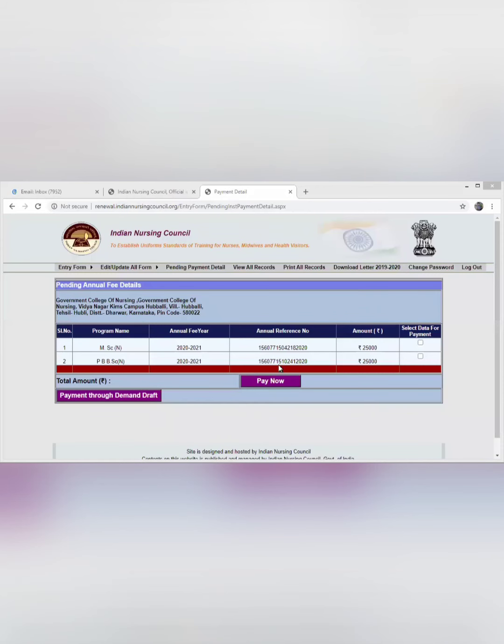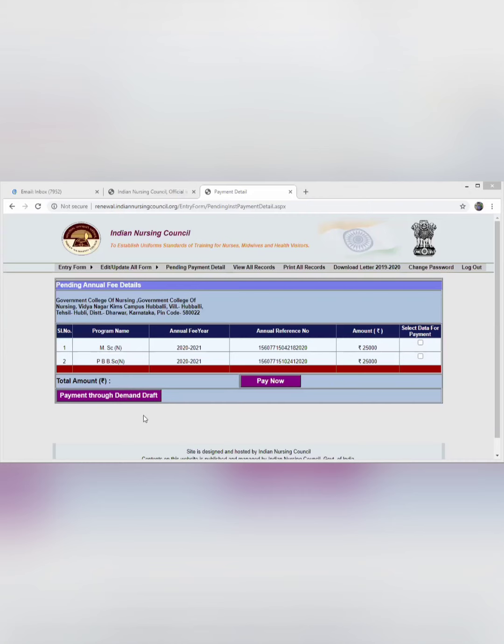The online payment is for the private nursing institutions. It's mandatory for all private nursing institutions to pay online, because they all have bank accounts. Whereas government nursing institutions at times do not have the online payment mode, so there's an option for them to pay through demand draft. Many of you are not able to do the final submission because you have paid through demand draft, though you are private nursing institutions. You are supposed to do it online.